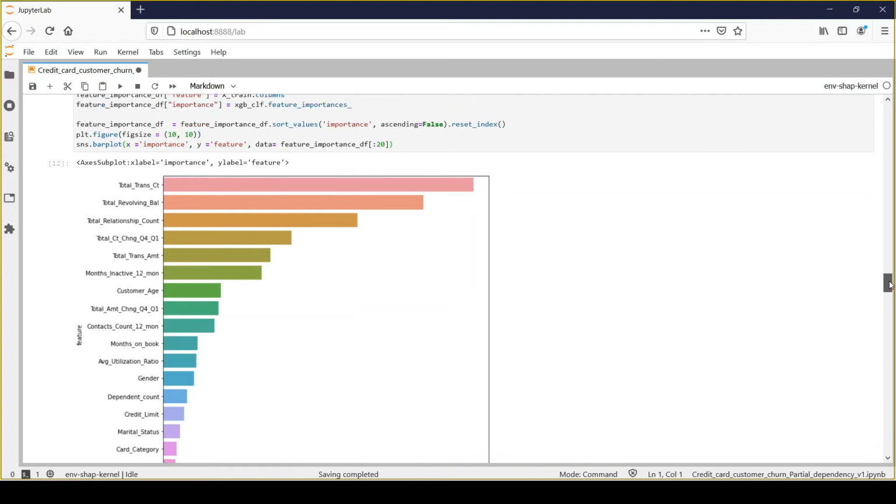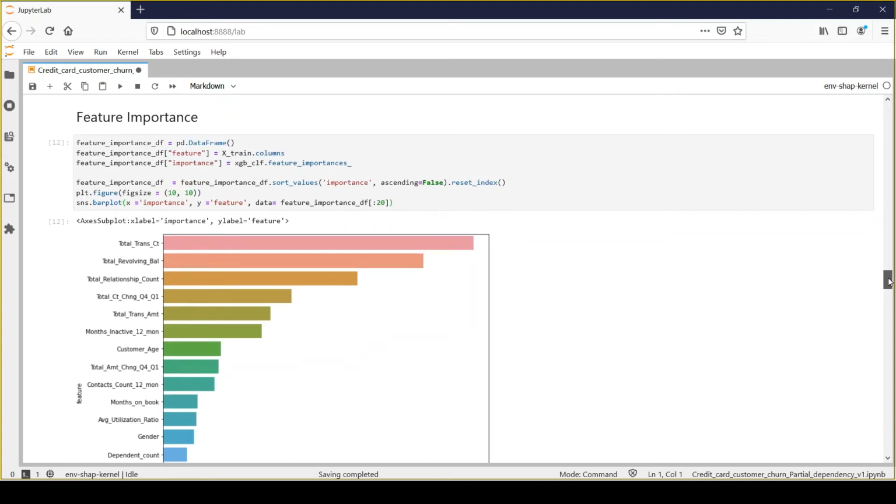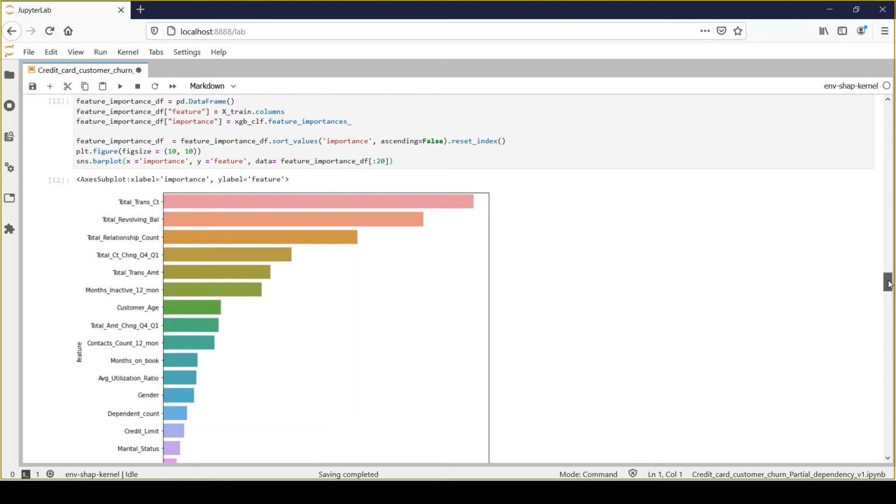But by looking at this feature importance plot, we will not be able to tell how the feature value will impact your prediction, because it will not tell you whether the feature value will increase or decrease the prediction. Feature importance is not meant to provide that sort of information.